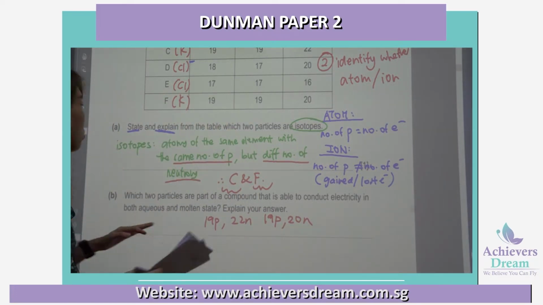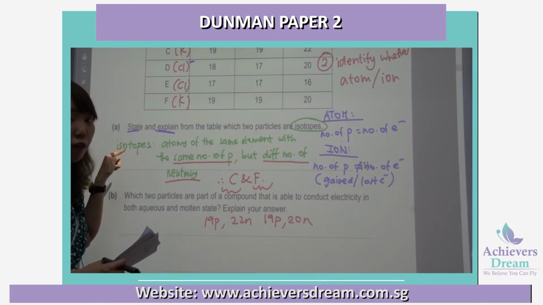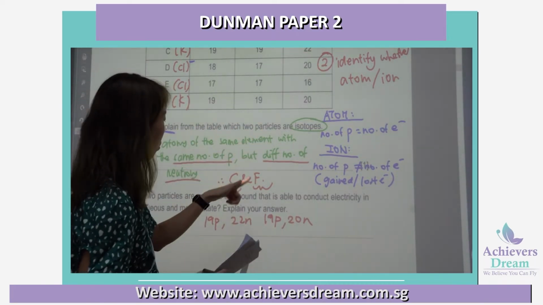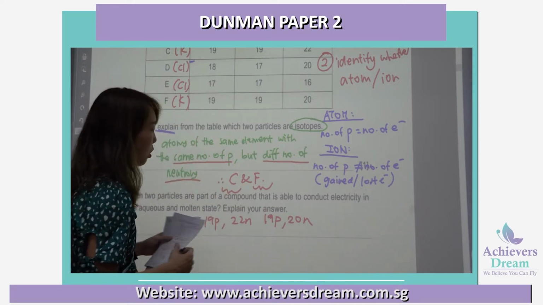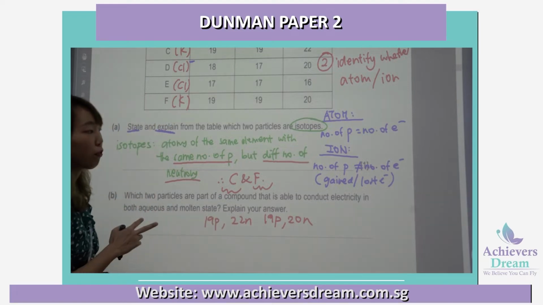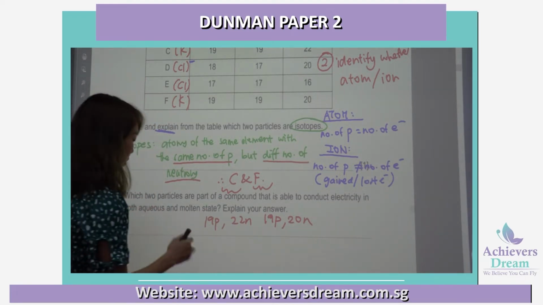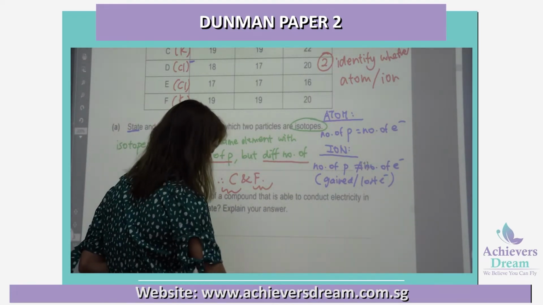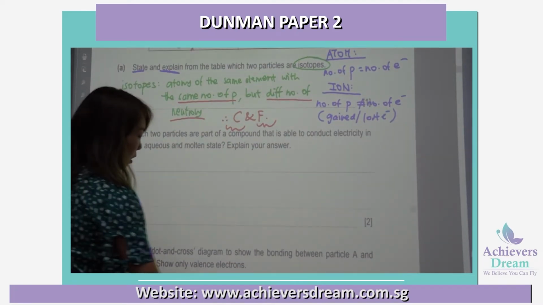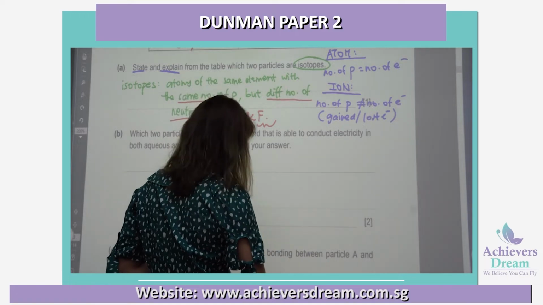So there are three parts to it. First, you must state the definition of an isotope, and then next you answer the question which two particles are isotopes. Then you have to go into details about how many protons and how many neutrons they have to score the full mark. Okay? Then for part B, which two particles are part of a compound that is able to